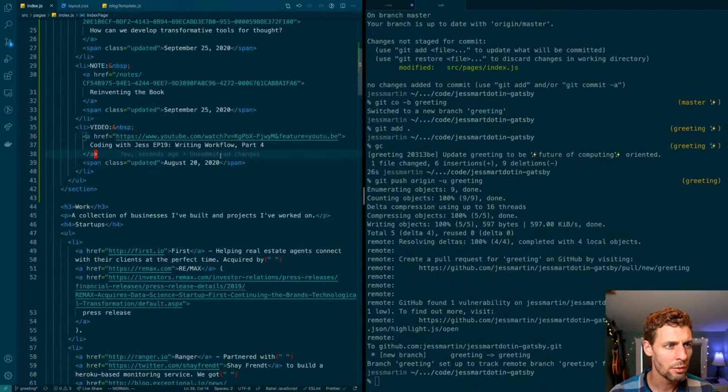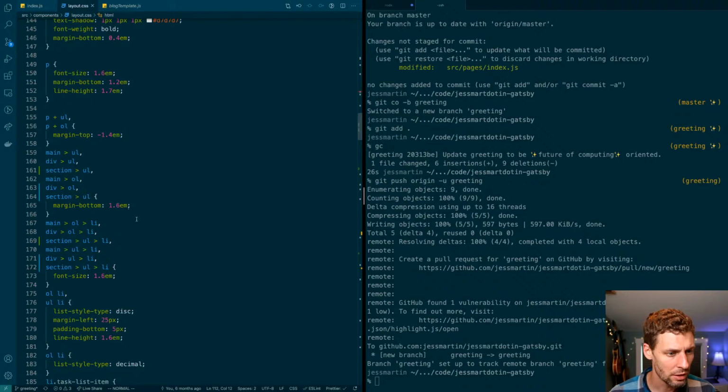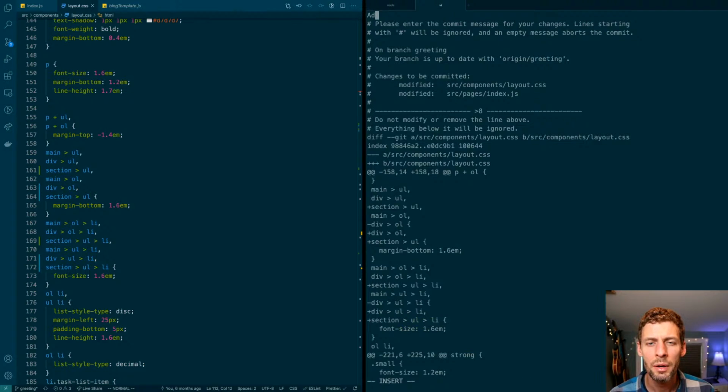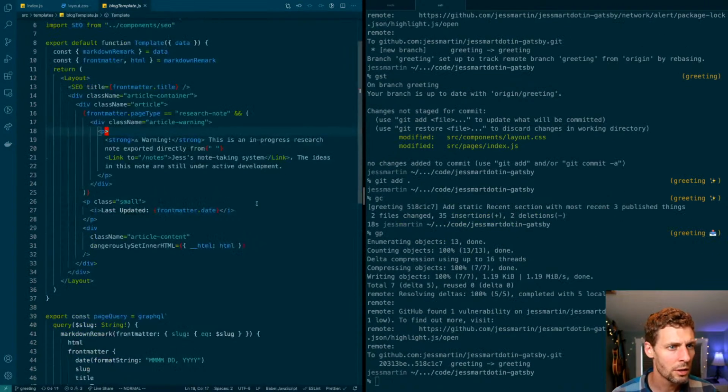We also wanted to make this section stand out visually from the rest of the site. So let's see about doing that. But for right now, we can kind of check in this first attempt here. Add static recent section. Most recent 3 published things. Okay, push that up, and now we want to